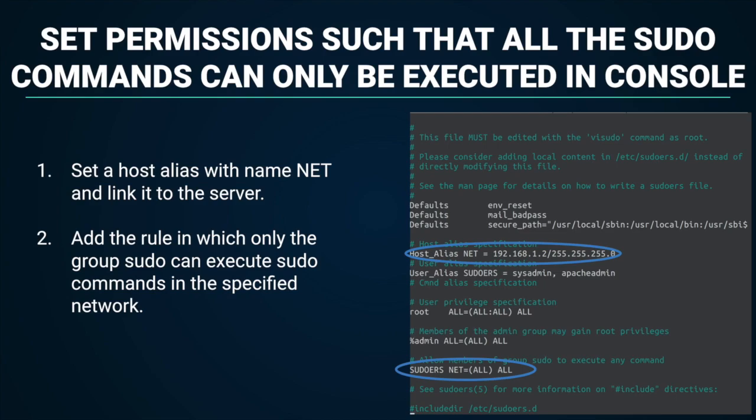So with this, we set a host alias with the name net and link it to the server by running first sudo visudo, in which we specify that the host alias, that .net, is under the IP with this netmask. So we said all the sudoers can only execute commands under the server IP. That's the second step. We add the rule in which only the group sudo can execute sudo commands in the